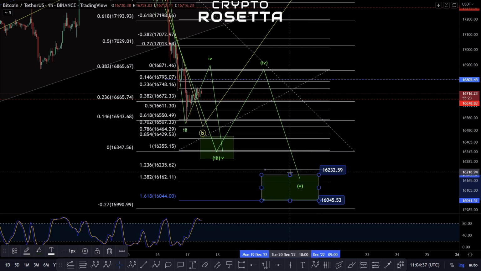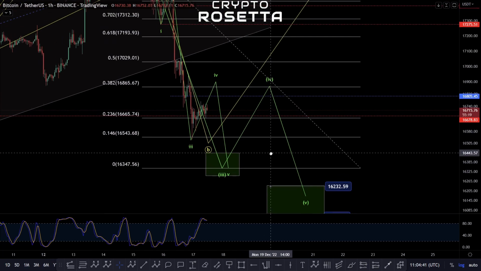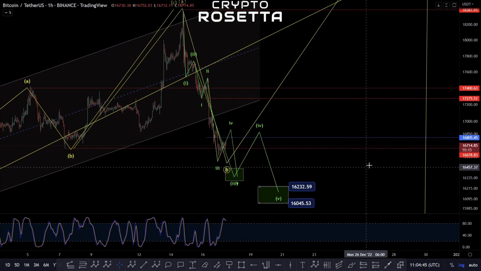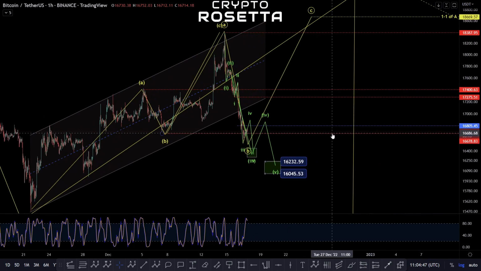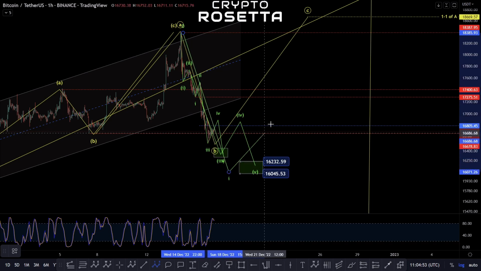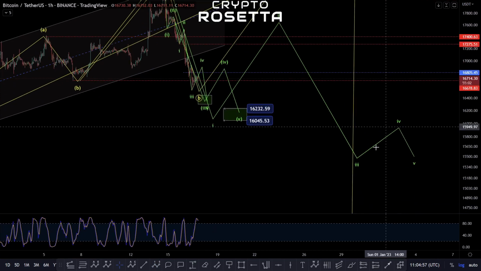So this is my primary expectation, that we're going to get moved down to this zone here. From there, what I would be expecting for confirmation that we are actually starting a bigger 5-wave move to the downside is that we would want to have this move come back up in a wave 2, and then look for